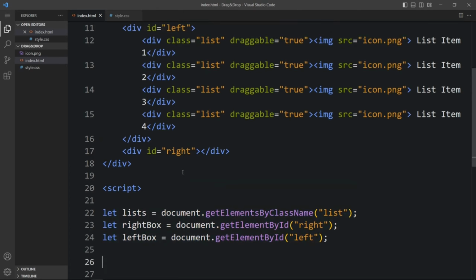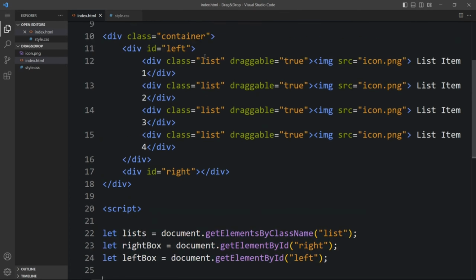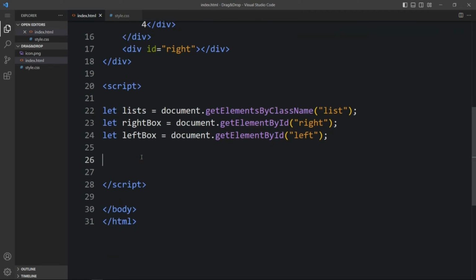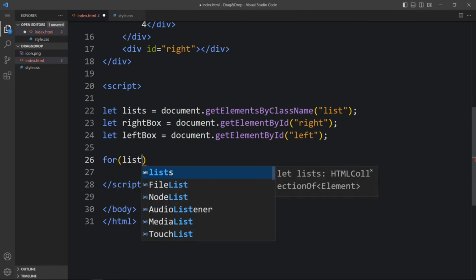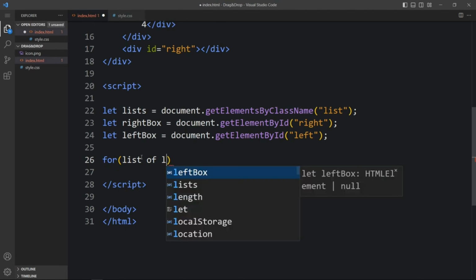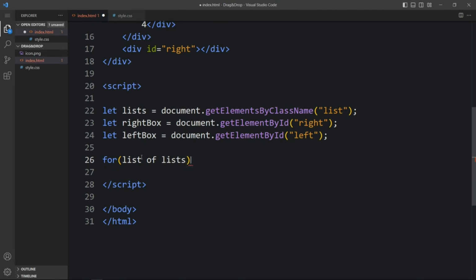Next we have to add one function that will drag this item to the left side or right side. We have to apply that function in all 4 lists. That's why we will add one for loop. Here we will add for list of lists. This lists is here at this point, and in this one we will add